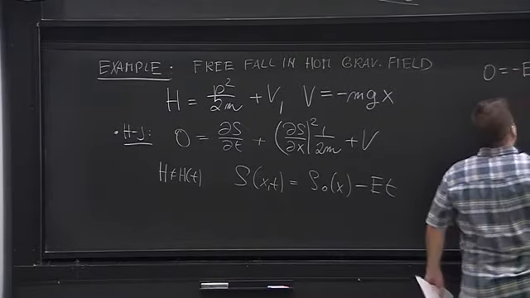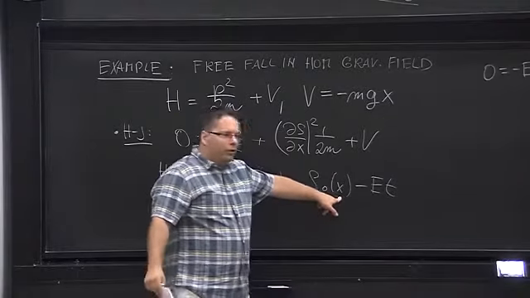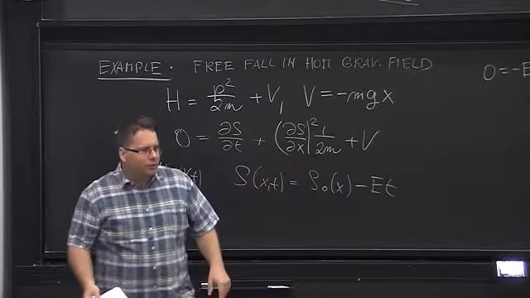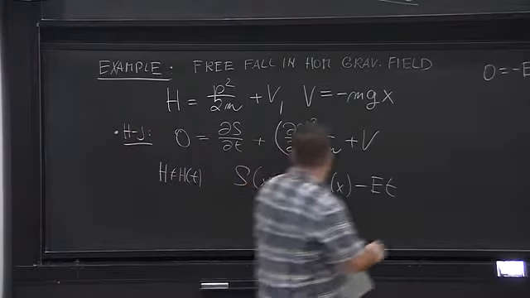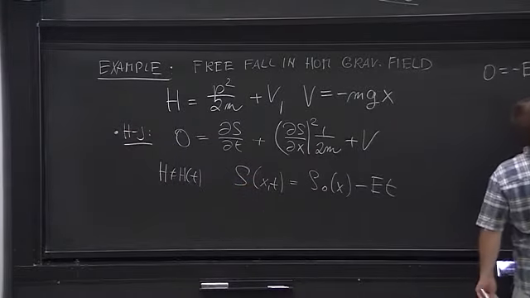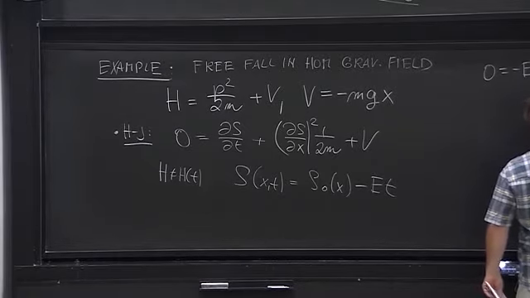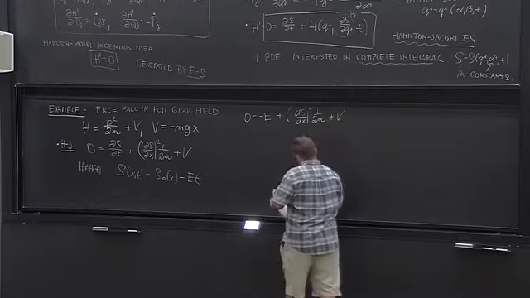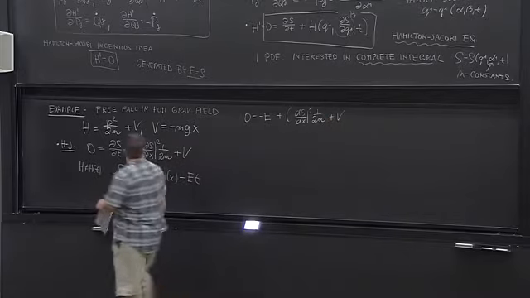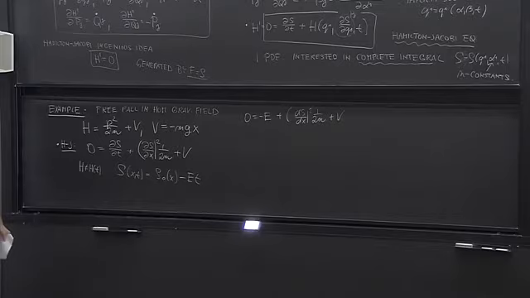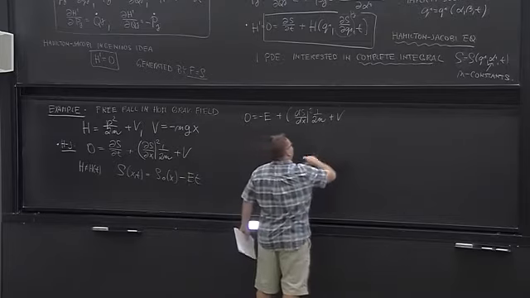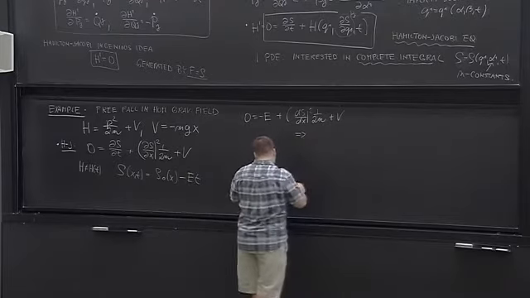So now S0 depends only on x. And I differentiate with respect to x, but now it's a normal derivative. It's not a partial derivative anymore. It's just a normal derivative. So it's dS over dx squared, 1 over 2m, and then plus V. So this is an easy ordinary differential equation which you can actually solve. So V is linear in x. So from here you find that